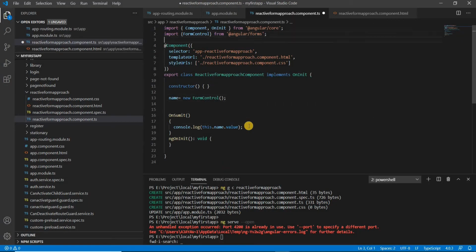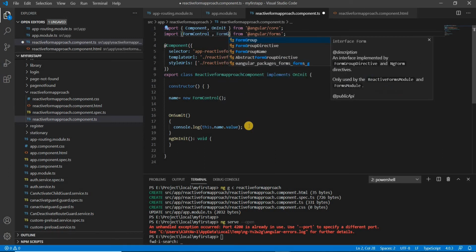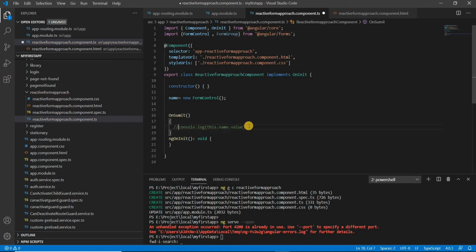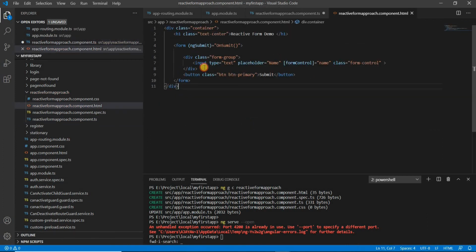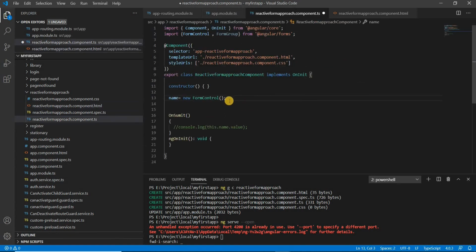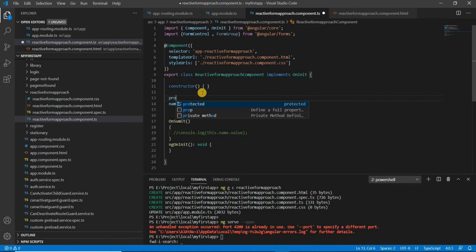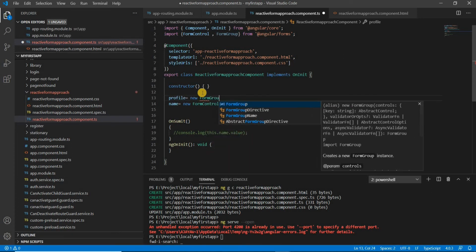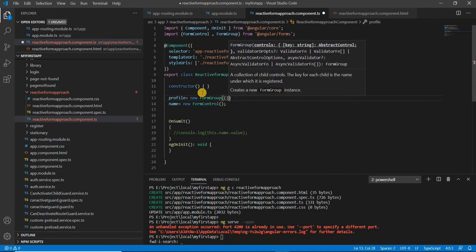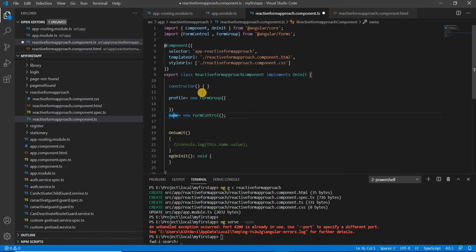For this, the first step is we have to import FormGroup here, and comment out the old one. Second, we have to define the form group here, equals to profile, and third, we have to change our control from formControl to formControlName, and last is we have to create an instance for it, like profile equals to new FormGroup, and inside this we have to define our controls.